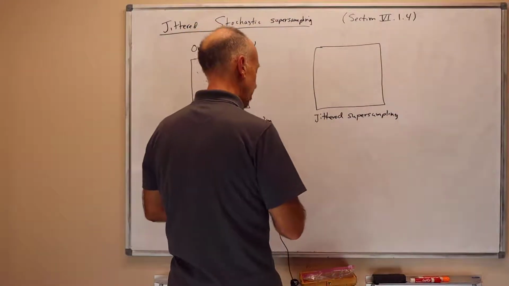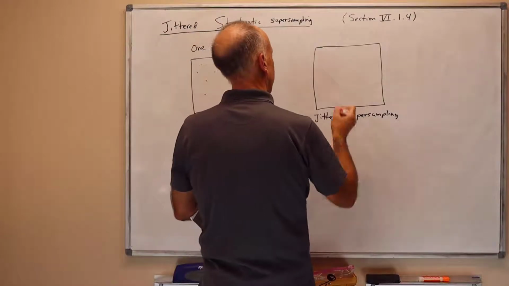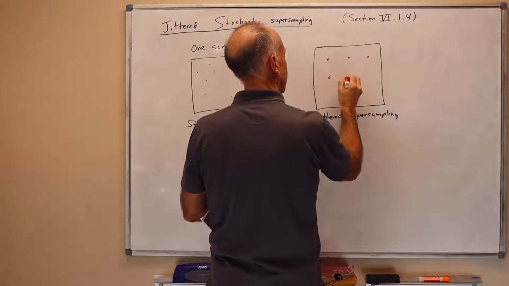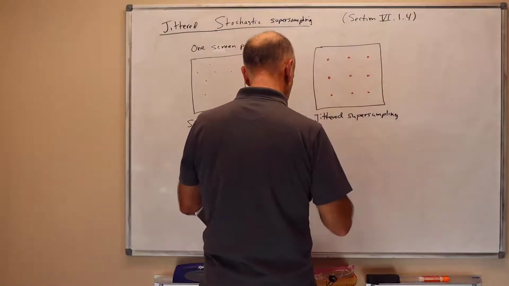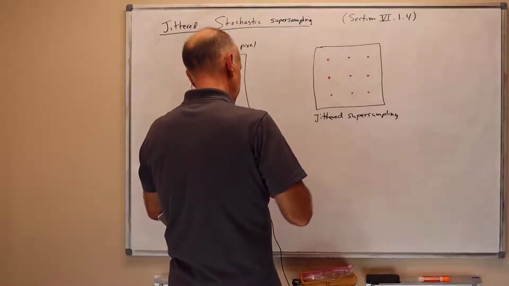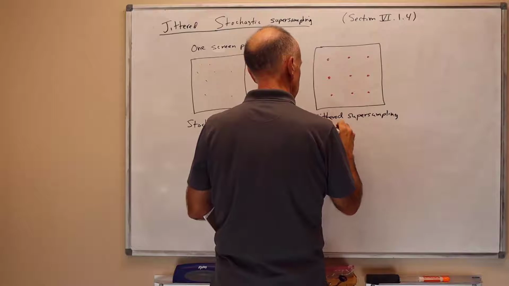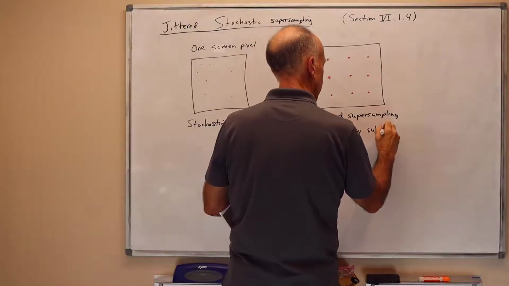So for jittered supersampling, I'll again use 9 subpixel locations as my picture, but in general we might use k squared many subpixel locations. I'll draw 9. But we're on a regular grid, so we use k squared many subpixel locations